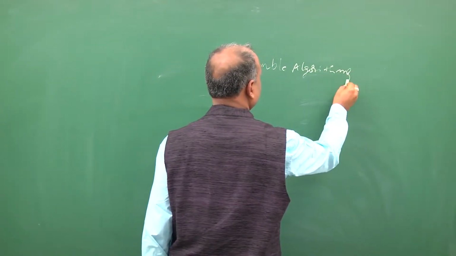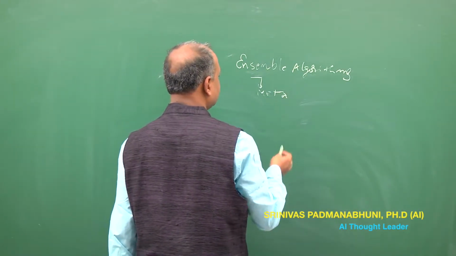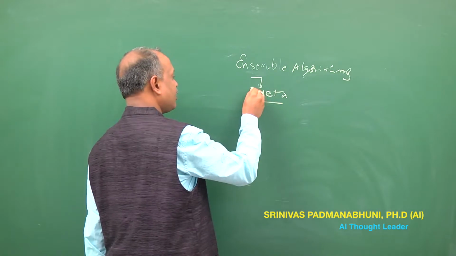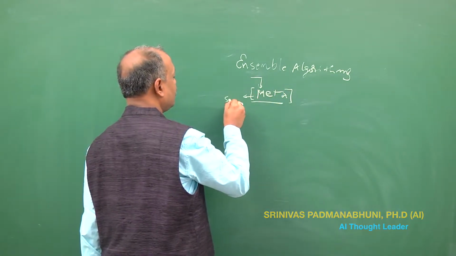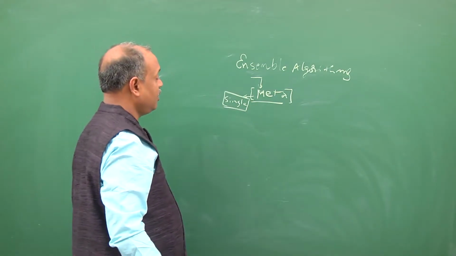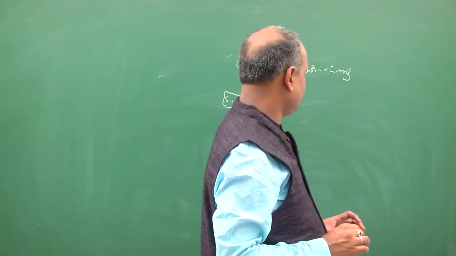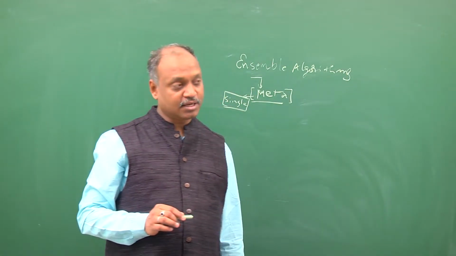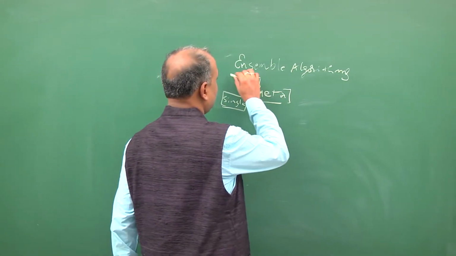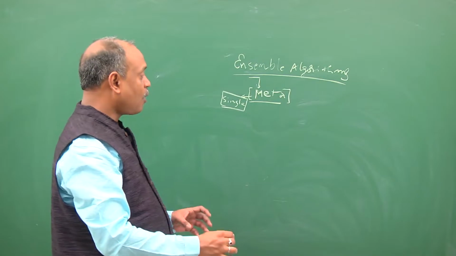algorithms. The idea of ensemble algorithms, also known as meta algorithms, is that in meta algorithms you actually do not perform a single loop of running the machine learning algorithm. Instead, you form some kind of a control loop on top of a basic machine learning algorithm. So in that sense, it's a meta algorithm. It has a control logic on top of a basic machine learning algorithm. So what ensemble algorithms are doing is, they're not algorithms per se, but they are some kind of a control loop on top of basic machine learning